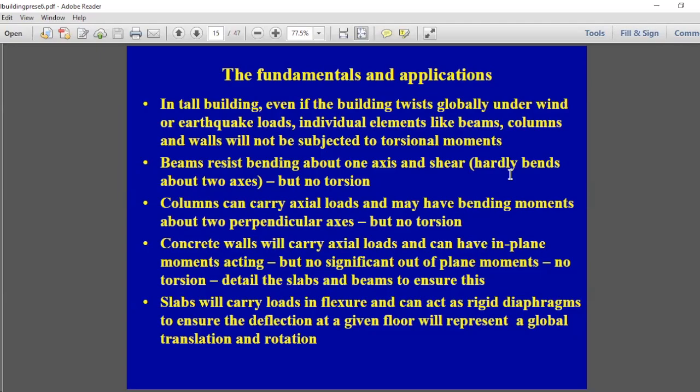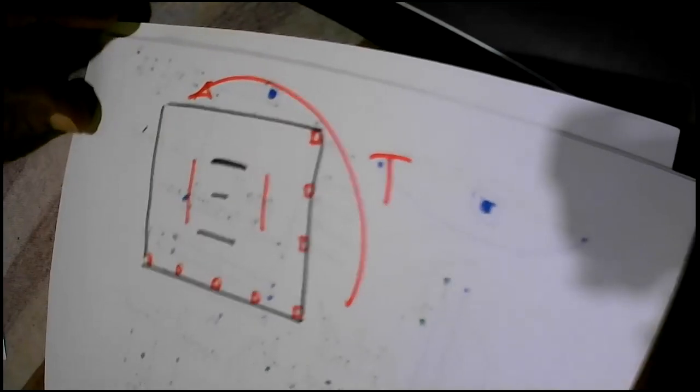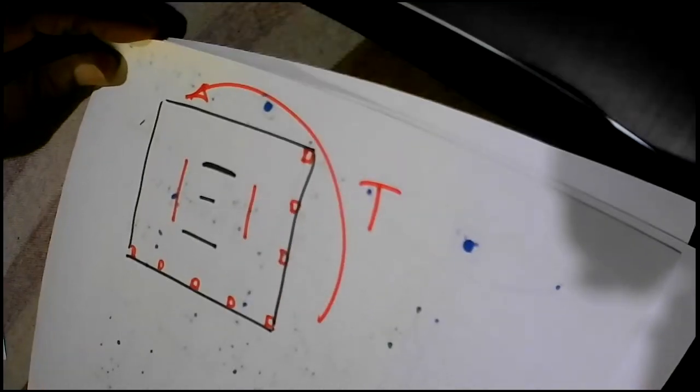I'll explain it. So basically, what happens is you take a building. Let's take that we are having some shear walls like this, and we are also having some other shear walls like this. So let's say the building, then there are columns. So there are columns and shear walls. If it is subjected to a torsional moment T,